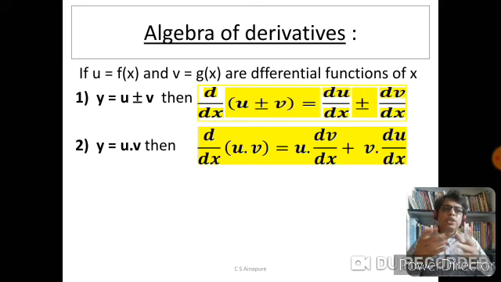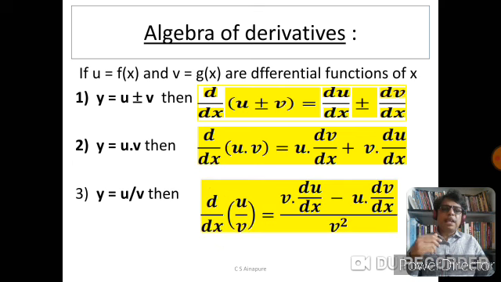So in words also you can remember this. Now the third formula, or we say fourth formula, is y is equal to u divided by v. Again, v should not be 0 here. The formula is derivative of u divided by v is equal to v into du by dx minus u into